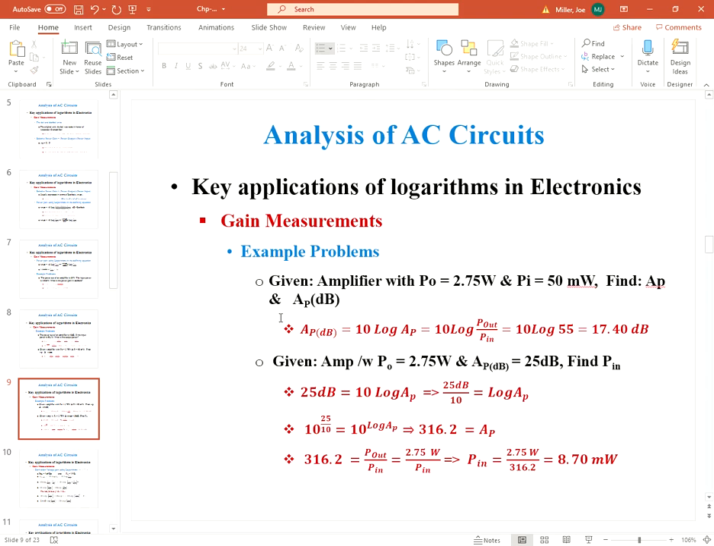Now let's take a look at another one where we're given the power out and the power gain in dB, and we're asked to find the power in. So APdB would be 25 dB, 10 log of AP. Divide both sides of this equation by 10, we're left with 25 dB divided by 10 equals the log of AP, and 10 to the log of AP equals AP. And 10 to the 25 over 10, or if you prefer 10 to the 2.5, equals 316.2. So 316.2 equals AP. 316.2 equals power out over power in, 2.75 watts over power in. Multiply both sides of this equation by power in, divide both sides by 316, and you're left with